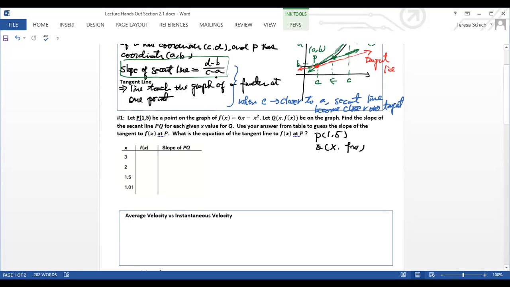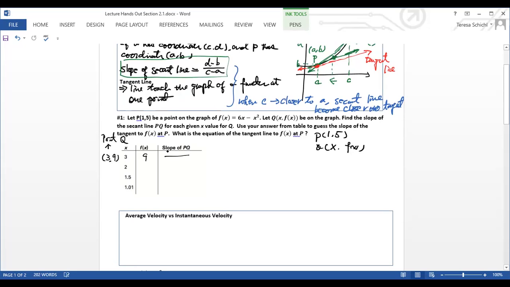Okay, so now let's take a look. Let's say for the first one, I start Q at 3, right? If you plug the 3 in here, I have 6 times 3 is 18, minus 3 squared, which is 9. So this is my Q point, (3, 9), right? So now you can find the